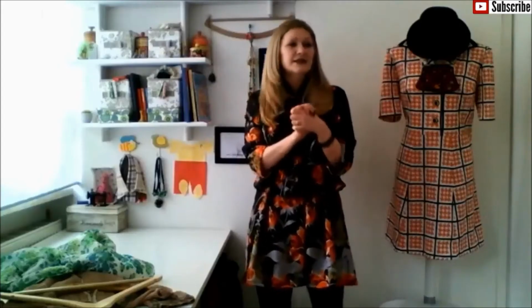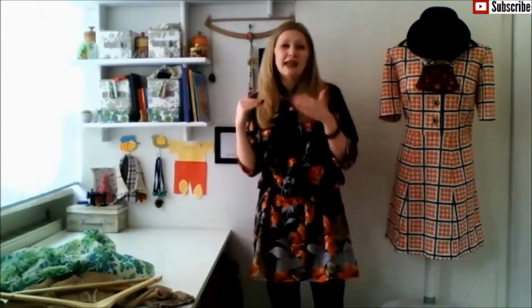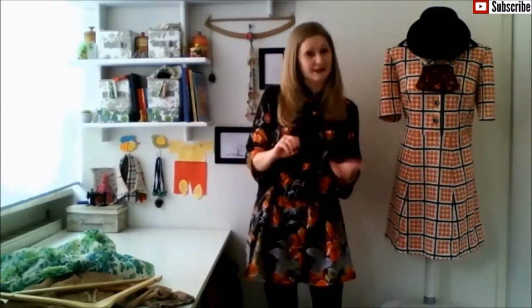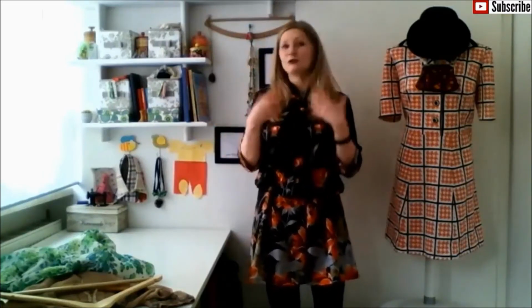And then it wasn't until the 70s that sizes started appearing. And then in the mid 70s to 80s, fabric content was added along with the brand name and the size. And from the mid 80s on are pretty much the labels that we see today that are in multiple languages